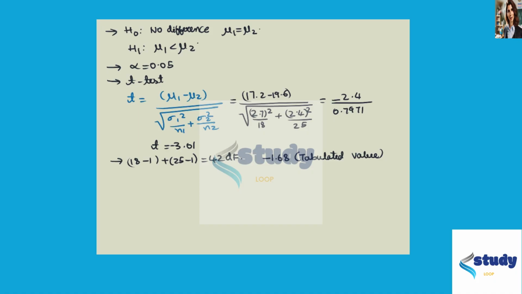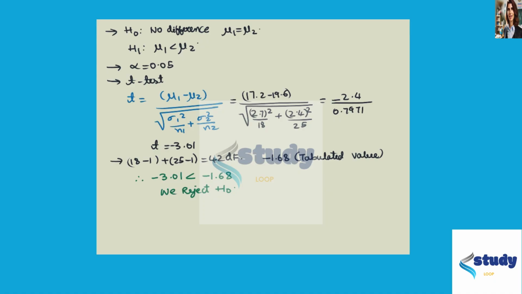Now we need to compare the test statistic to the critical value and make a decision. We can see that the test statistic, which is minus 3.01, is less than the critical value, which is minus 1.68. Therefore, we reject the null hypothesis H0. Therefore, we have evidence to support the belief that Wheatley students drink less coffee per week than the Headington students